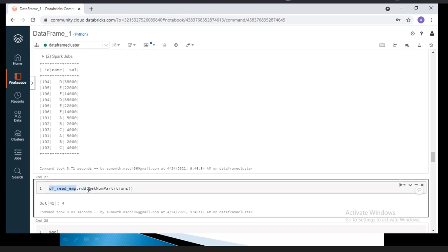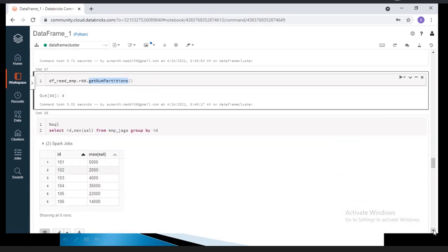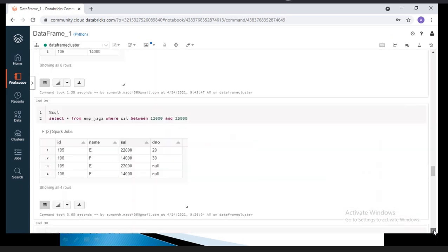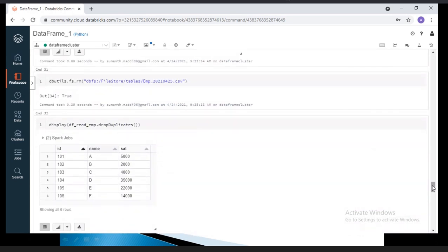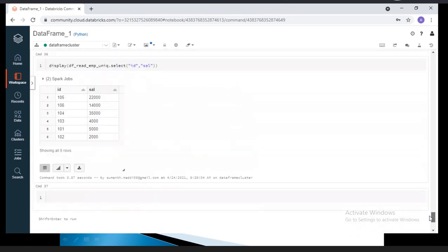This is a 100% interview question. I want to see the number of partitions from the data frame. There is no direct answer. There is no way to get the partition from the data frame. You have to convert into RDD, then only you can see the partitions. But in the background, the data frame also uses RDDs.